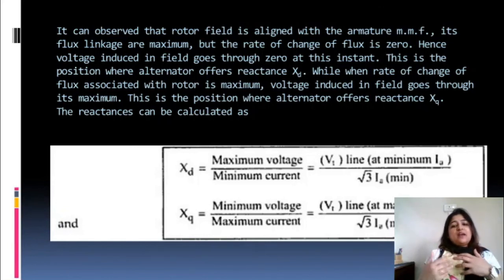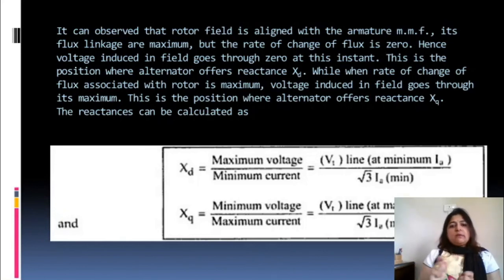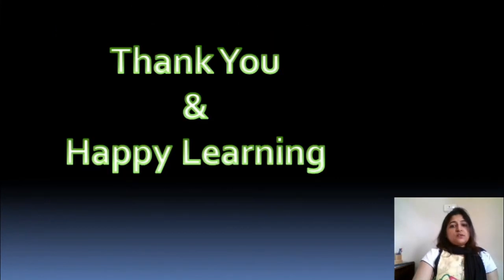So how you will get this maximum voltage, maximum current, minimum voltage, minimum current is when you perform this practical and you connect a voltmeter and ammeter. Because of the slipping nature, the ammeters and voltmeters will show vibrations. The pointer will vibrate from the minimum position of the voltage to the maximum position of the voltage continuously, and similarly the current also. The pointer of the ammeter will vibrate between the minimum value and maximum value of the current. And hence you can note down the minimum and maximum values of the currents and voltages. Once you note down those values, with the help of these formulas, you can easily find out the values of XD and XQ. I hope this is clear to you.